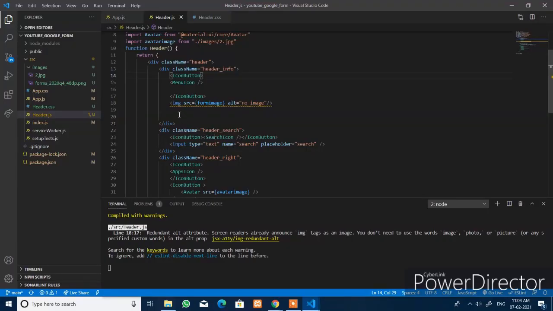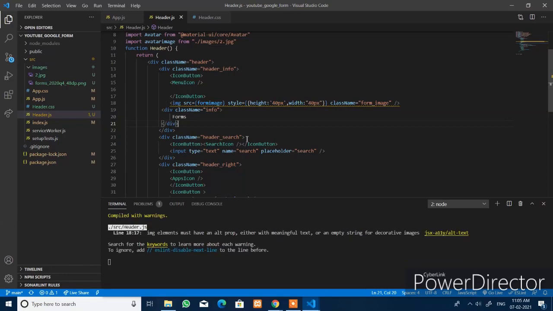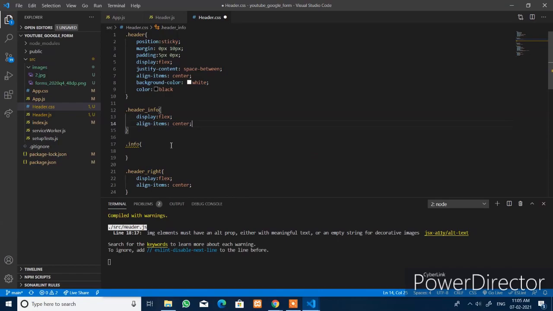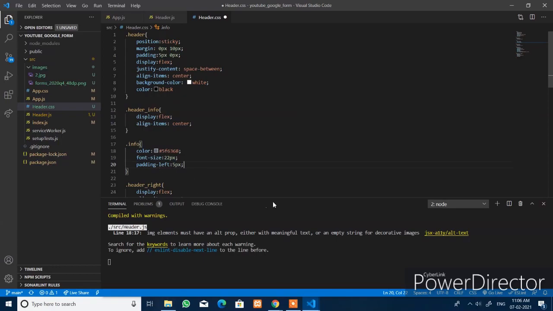We left the text component here. We will add it and save this. And the image size is height is 40 px and width is 40 px, and the text forms is placed within the element info, and the styles color is ash and save it.